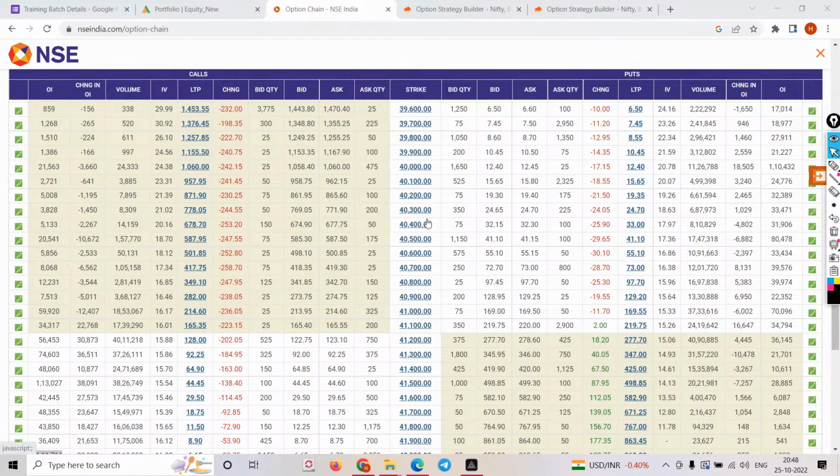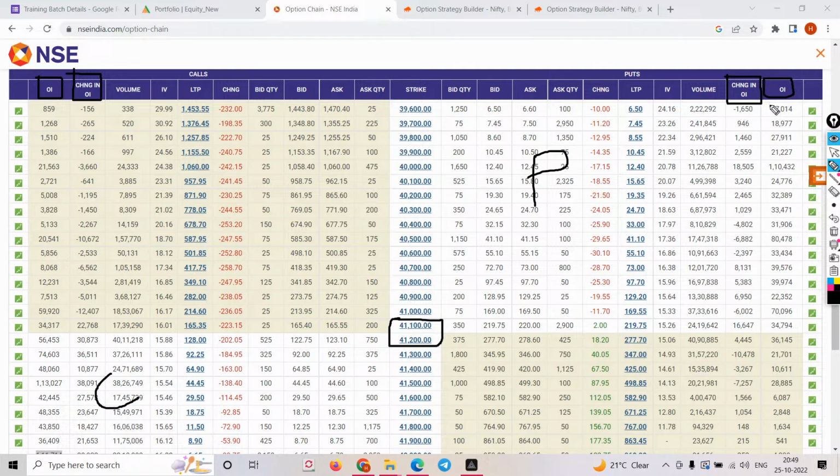You guys are able to see my option chain, right? This is your ATM. These two are your ATM strikes. This is your put side, this is your call side. Now, what did I say? There is something called change in open interest, this one, and you also have something called open interest.